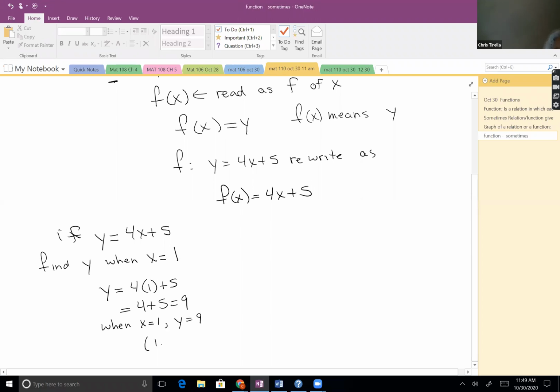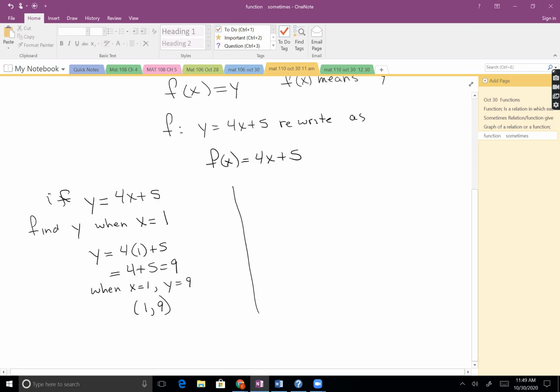And we could write that as the point (1, 9). Is everybody comfortable with that? Yes. Well, one of the reasons this function notation is kind of cool is because where I have y equals 4x plus 5, I could write that as f of x equals 4x plus 5. And this part over here where I'm asked to find y when x equals 1, I could write that as